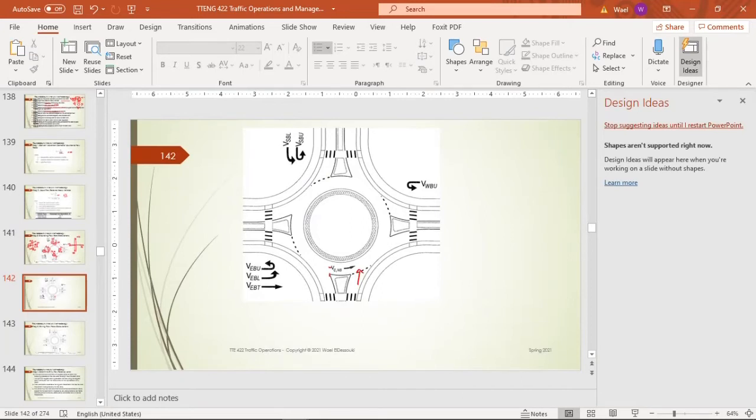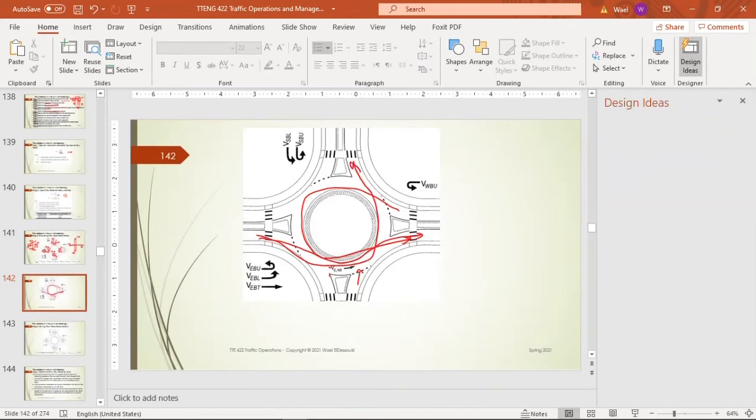It's comprised of the westbound that is making a U-turn, comprised of the eastbound that is going through, and eastbound making left turn, and eastbound making a U-turn, and also comprised of southbound that is making left turn, and southbound